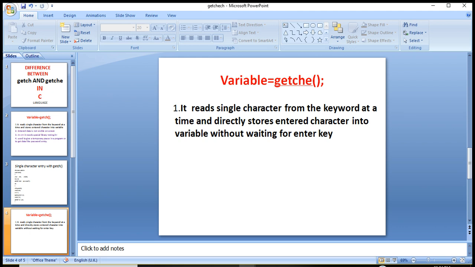I tell you the difference is no difference, but a difference exists there. What is the difference? getch does not show the pressed character, but getche shows the pressed character.